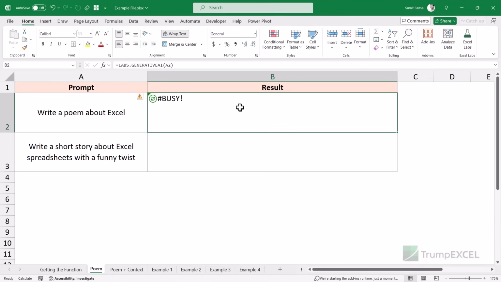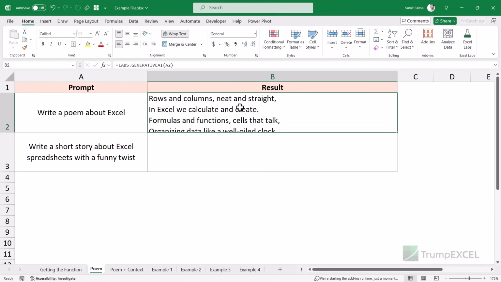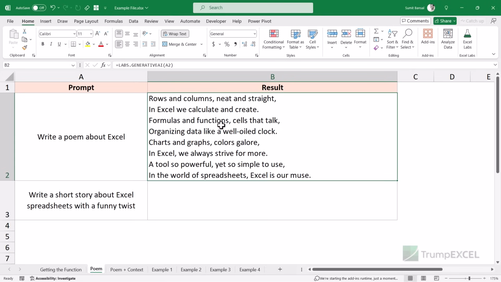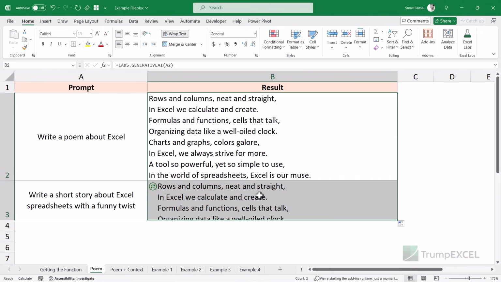And when I do that, the function is now connecting the servers of OpenAI. It would then use my prompt, generate text, and bring it back in the cell. So you can see in the cell, I have this poem where it says rows and columns, neat and straight. In Excel, we calculate and create formulas and functions, cells that talk, organizing data like a well-oiled clock, and all this. And I can copy this just like any other regular function,